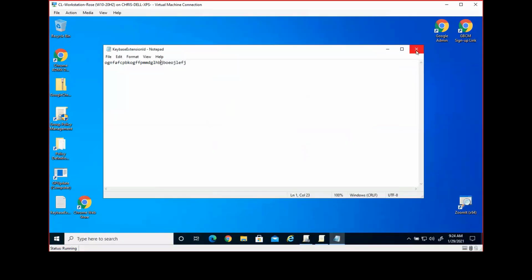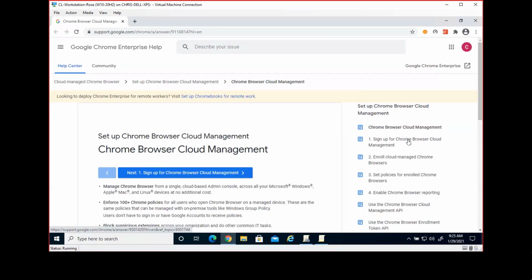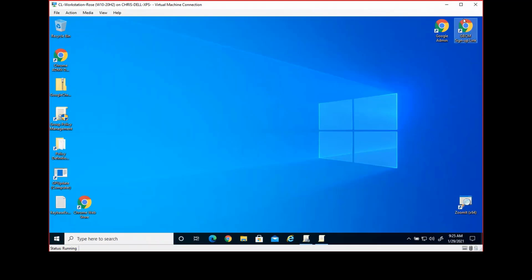So we will switch sharing back over to our lab, and I'll walk you through that. So this is the sign-up link. It takes about 5 minutes to sign up, which is a big chunk of the 30 minutes I've stolen from Julie today. So I'm not going to walk through it, but it's really just these steps. It's super easy. If you've ever filled out a form online, you can sign up for Chrome Browser Cloud Management. This link is in the deck on a hidden slide with a whole bunch of other links of things I talk about today. Super easy, creates an account, but we're going to save that time and switch